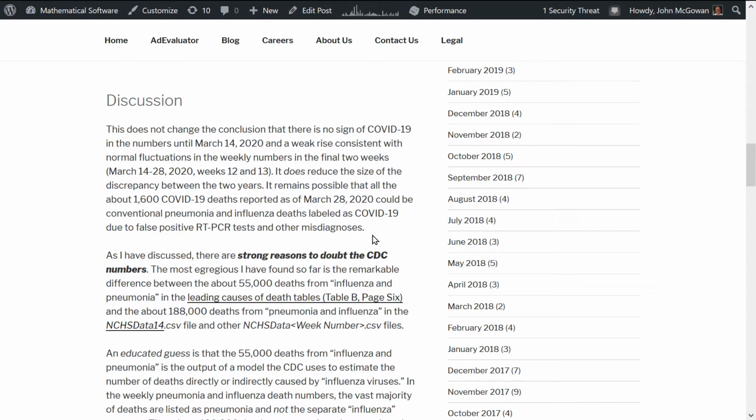So one of the problems here is the shelter in place and the big panic starts in mid-March, so around March 14th. So that means there are huge changes in the medical system. There's aggressive treatment of people who are diagnosed with coronavirus. There's a lot of stuff going on, which could actually cause large changes. So we know now that they are reporting thousands of excess pneumonia and influenza deaths in, like April. And I'll put some new videos and articles out about that in the future.